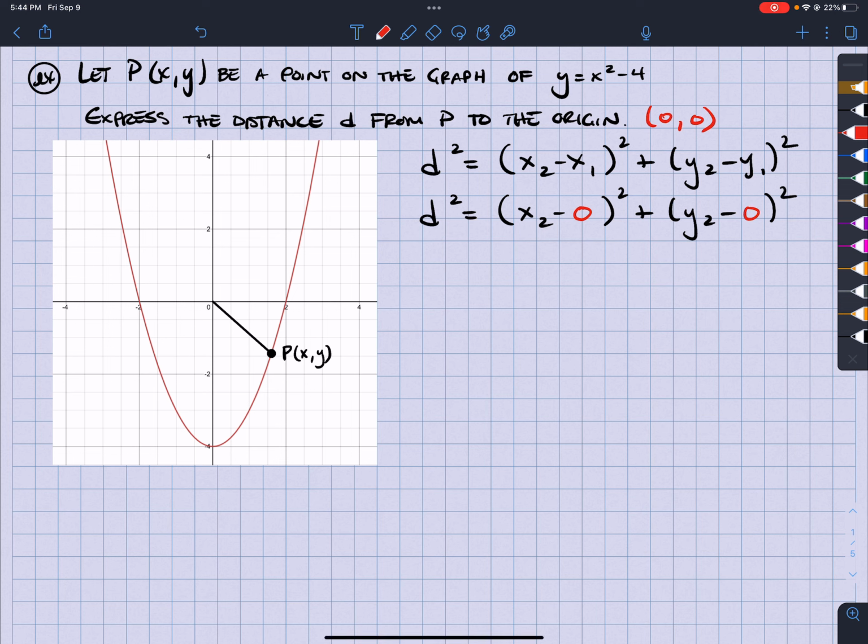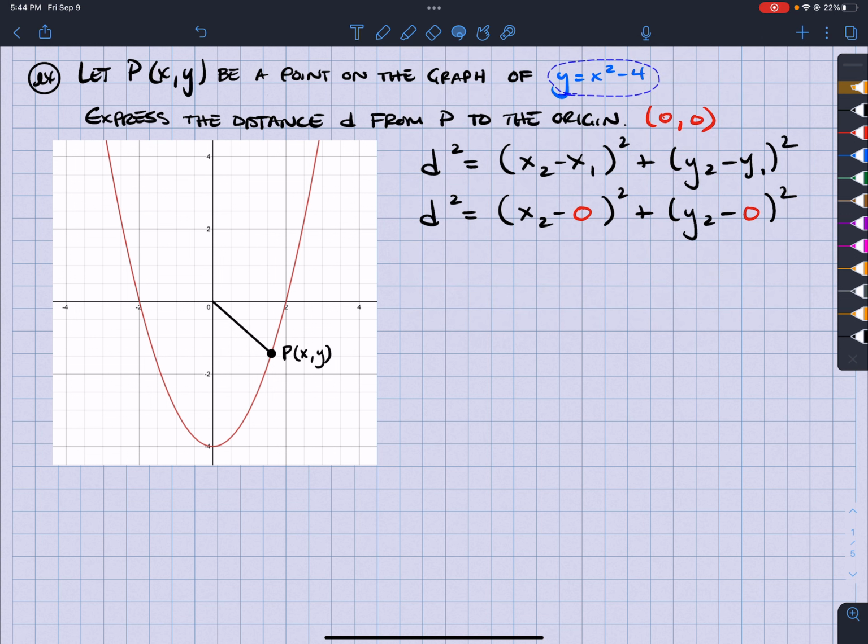0 and 0. The question is, how am I going to enter this point here, because this point is going to be different depending on where I'm going? So it's not going to be an actual number. And I don't want to just use x and y, because then I'm not really finding distance in terms of x. I don't want 3 variables. However, if I put an x value in here, I'm going to get a y value. Put an x value in here, I'll get a y value. So let me go ahead and put this in